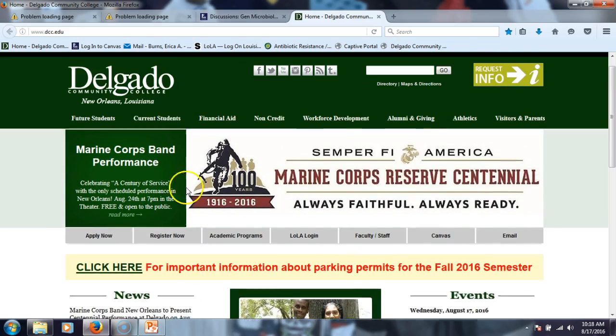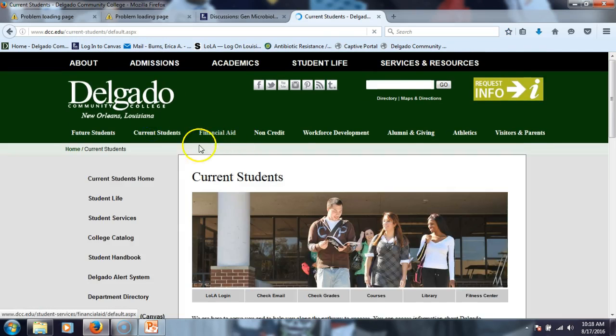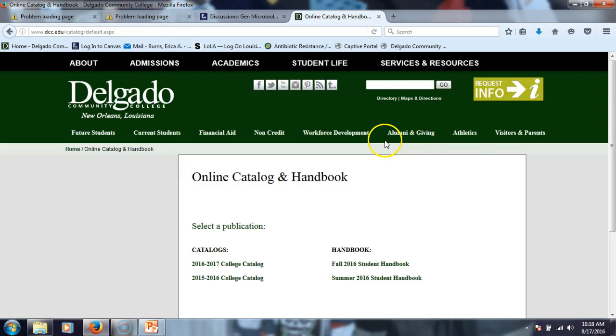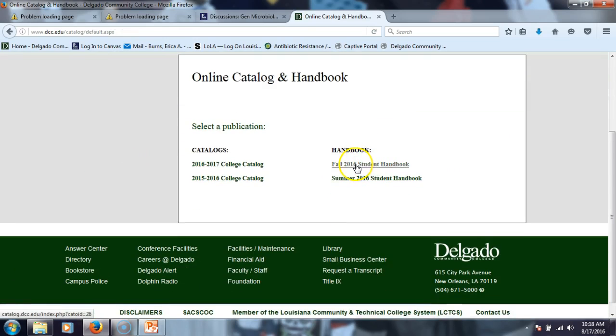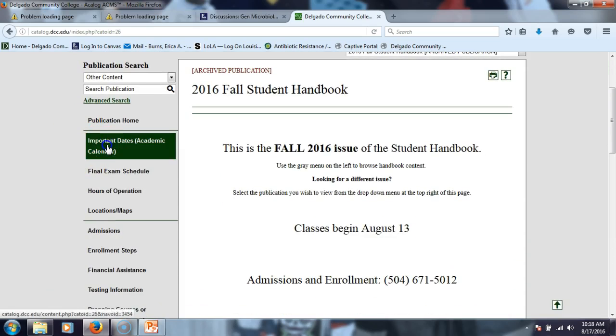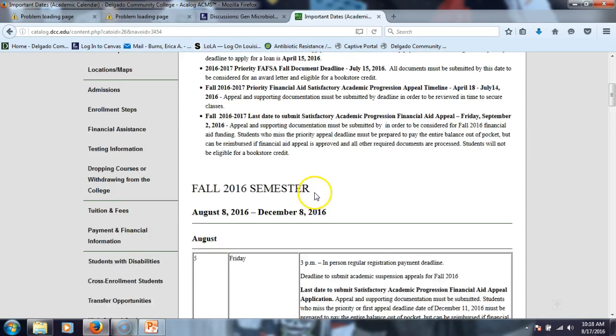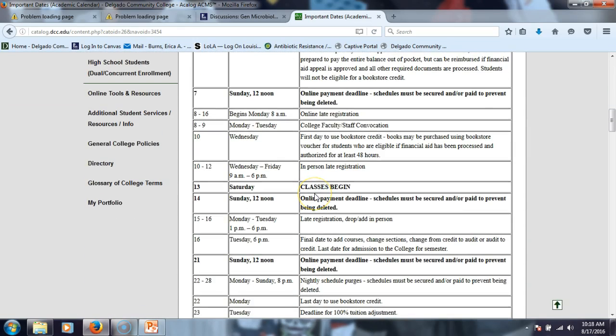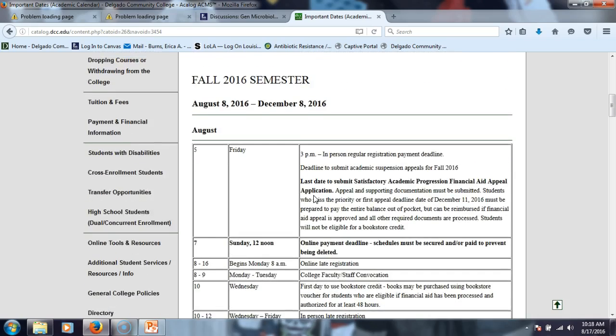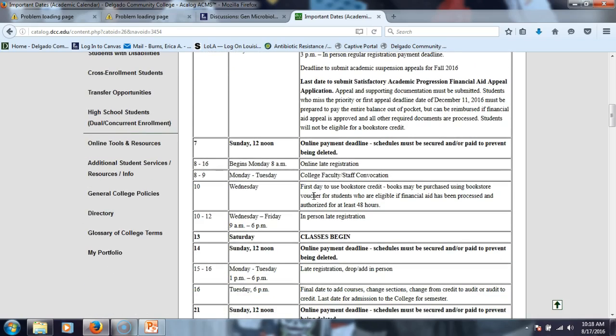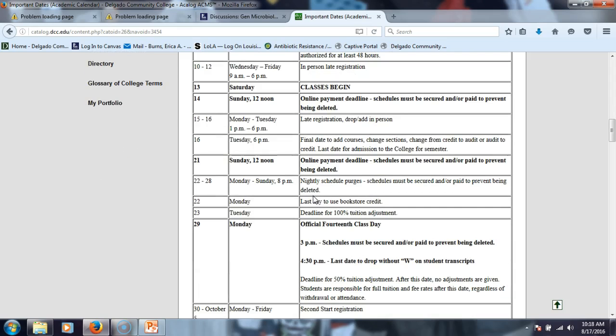So, current students, student handbook, fall semester, important dates. So the first date was, when can you add and drop classes until? So classes start. So the 16th,